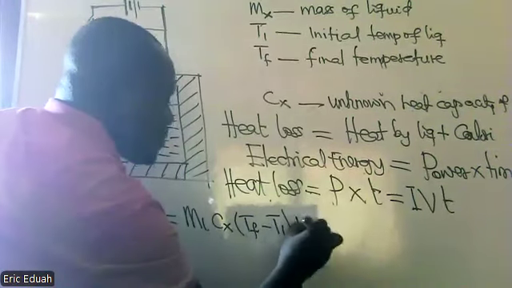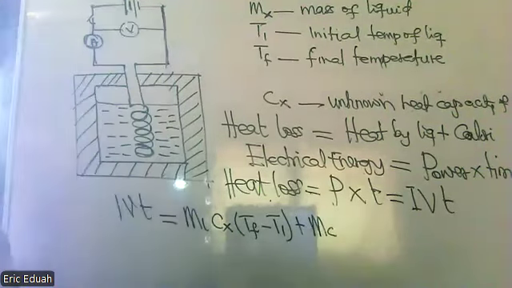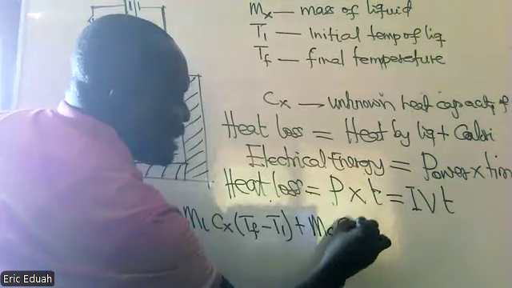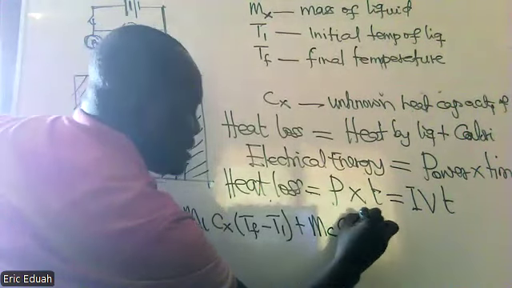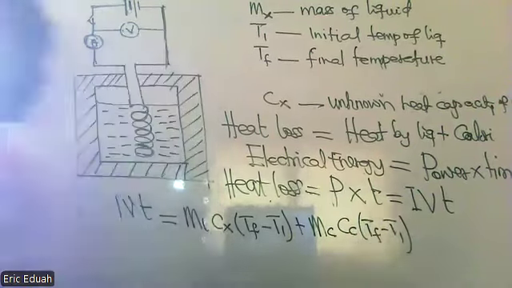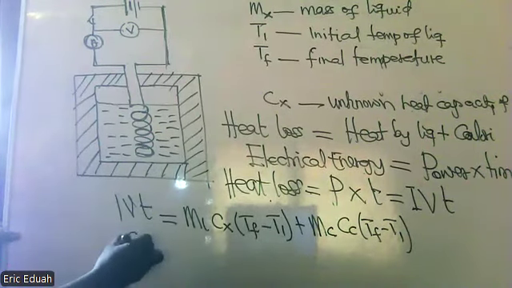This plus mass of the calorimeter, specific heat capacity of the calorimeter times T final minus T1. Okay, therefore Cx